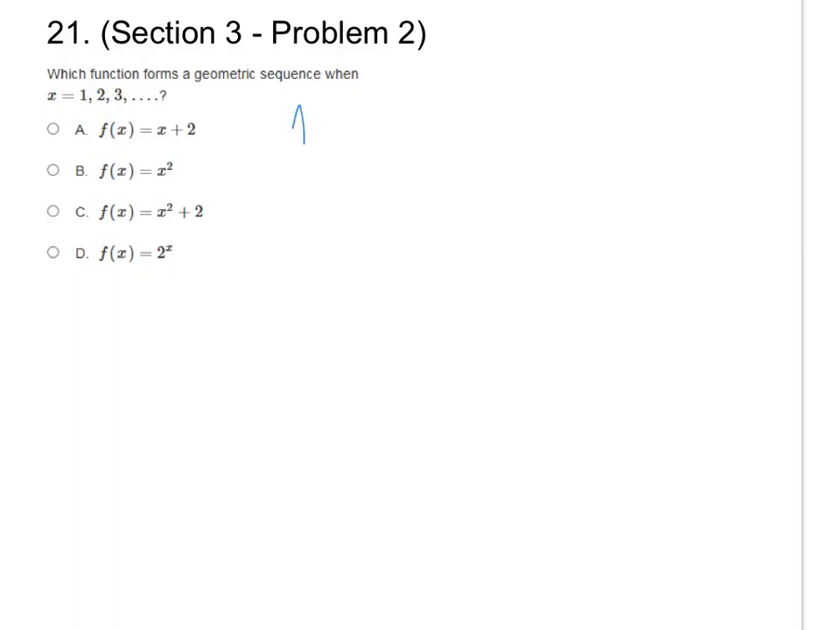So if I look at question A here, when it says f of x, remember that's really just replacing the y. They could put a y there as well. So f of x is equal to x plus 2, and they're telling us to use x equal to 1, 2, or 3. So what I'm going to do is plug in 1. So f of 1 is equal to, I'll plug in 1,